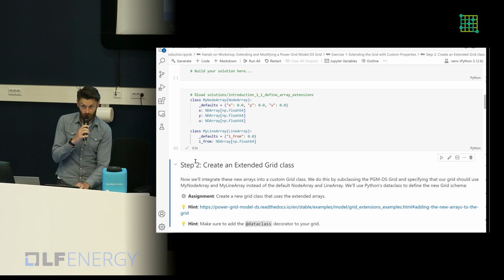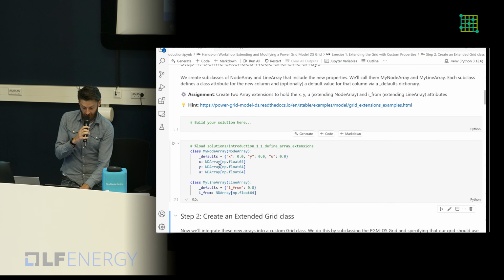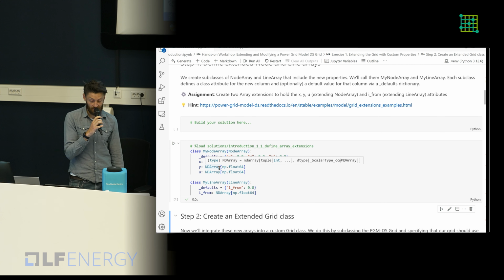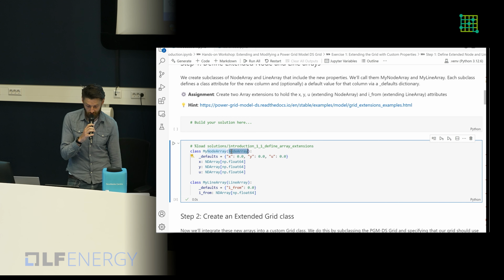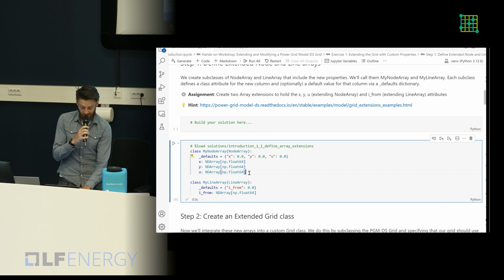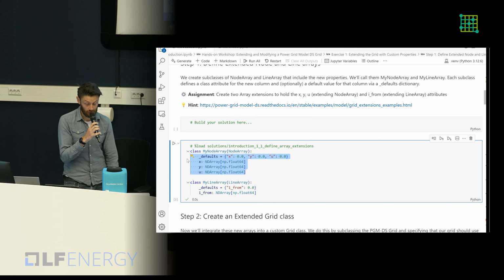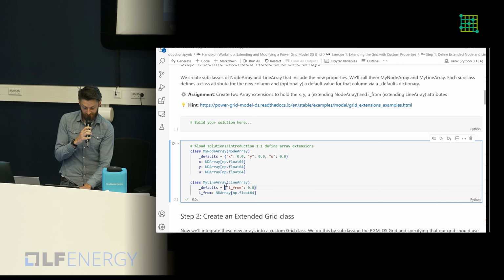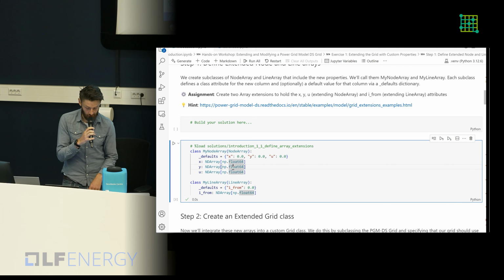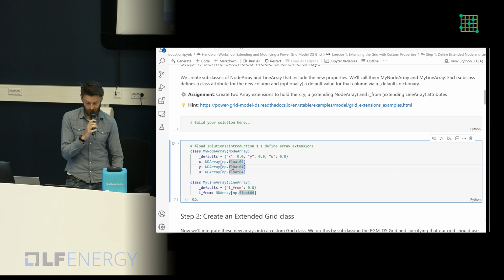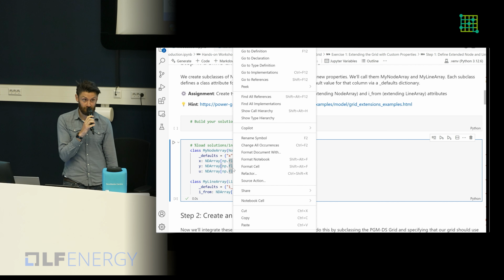As you could find in the documentation mentioned in the hint, to define your own array, you just subclass the node array from the Power Grid Model, and you can add extra attributes like this, then specify defaults and specify the types using this. Another option is to specify an integer or a string, but in this case we work with floats. So I hope that worked for everybody.